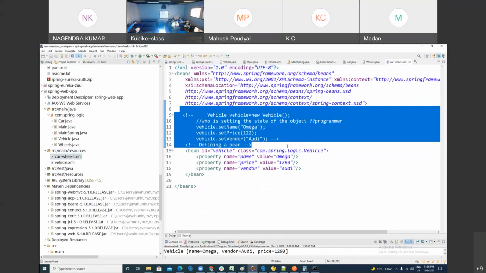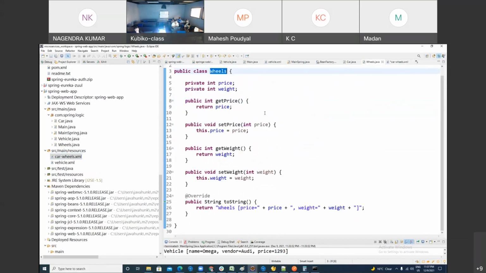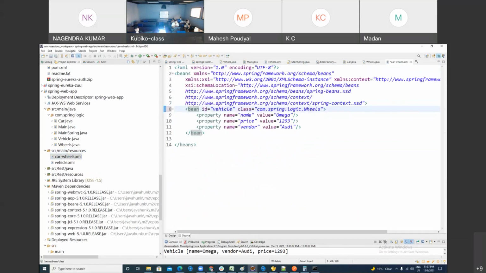First of all, you want to make a bean of wheels. And these wheels contain what attributes? Open it: price and weight. Weight is 2, right? And price is 1890. Confused? I have created a bean, wheels. If you got it, you say I got it, otherwise I don't understand. Similarly, you can create another bean